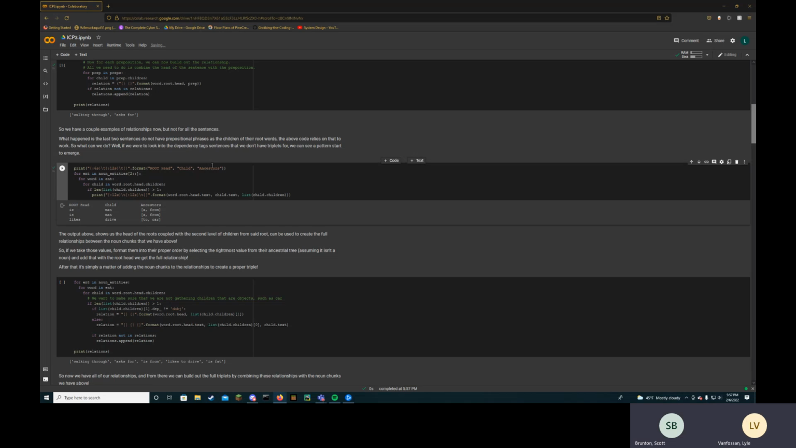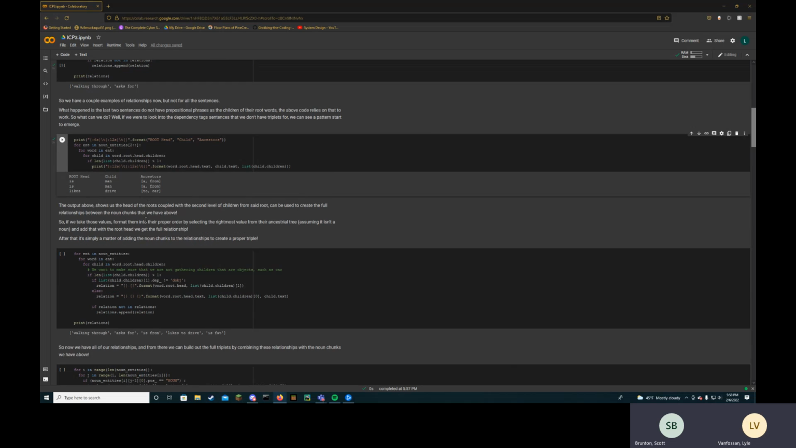that there actually are some relationships here whenever we just run through the sentences and we grab the text of the head of the sentence, the child text, and then we list throughout the children. So you can see here is man a from and then likes to drive cars. So these relationships exist, but it's just a matter of us actually formatting those into one of the parts of